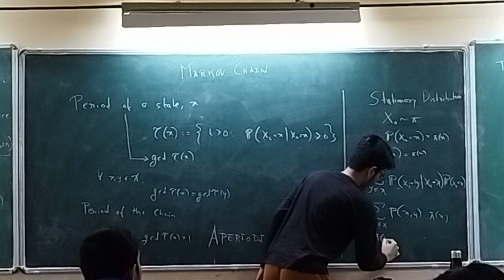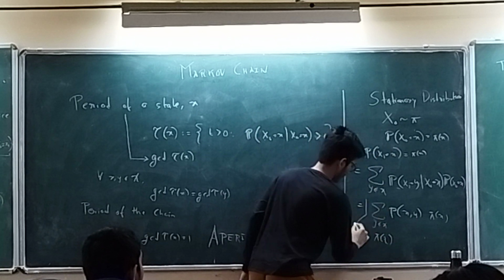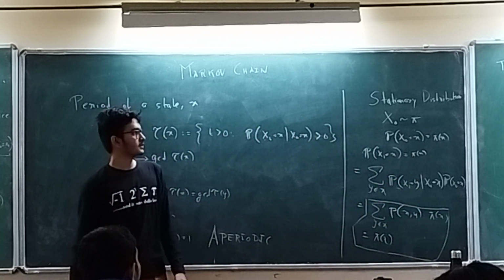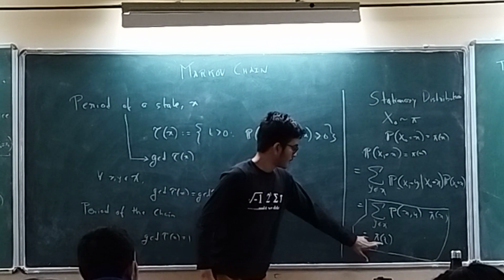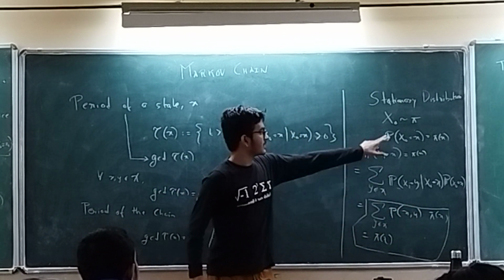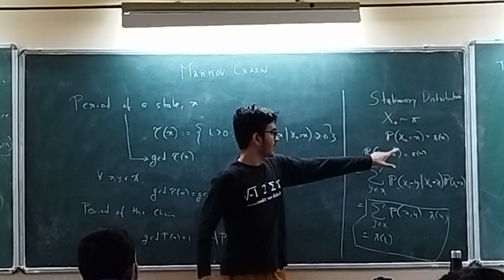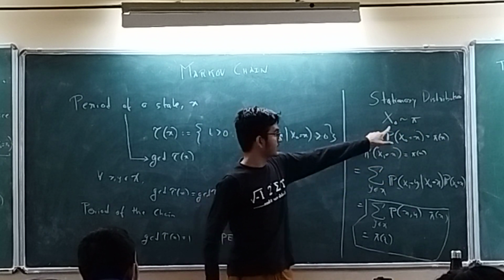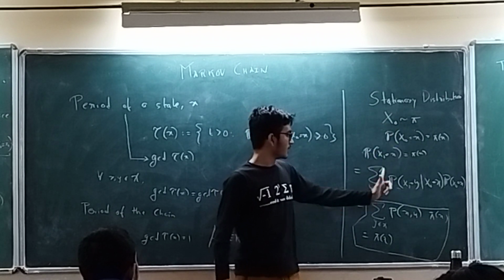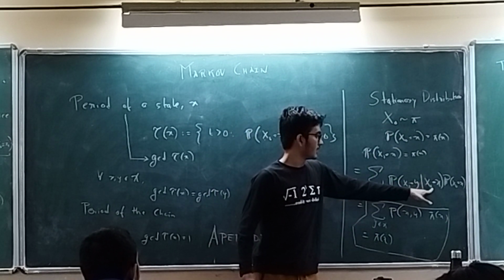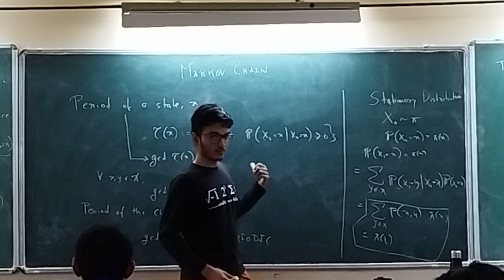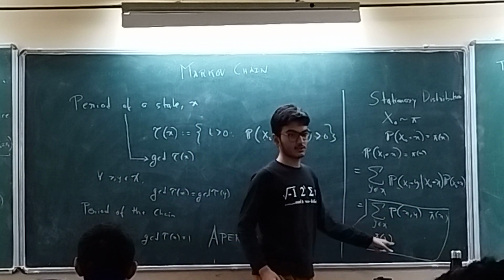And hence, this gives us the definition of stationary distribution. If pi of x equals this sum, then once I reach this distribution, it will remain at this distribution forever. And you can check that this works not only for 0 and 1, but for any n and n plus 1, because we are just using the definition of the homogeneous model. And that gives us this definition.